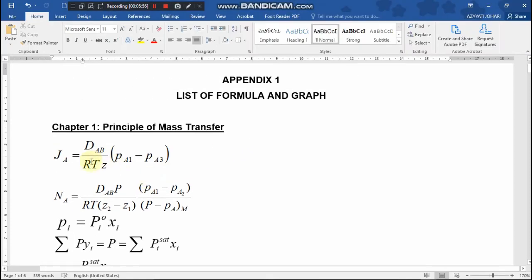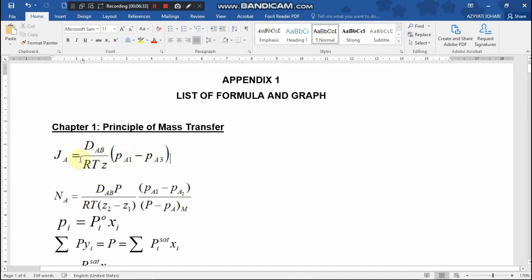Okay, first thing, as we know, we need to calculate for PA3. You rearrange this equation first, make PA3 as the subject. So meaning JA multiply with RTZ divide with DAB, and then PA3 is equal to that value. When we go to the left hand side, it will be a positive value, for JA multiply with RTZ over DAB,